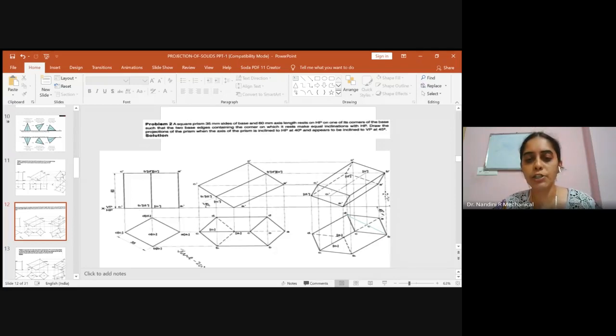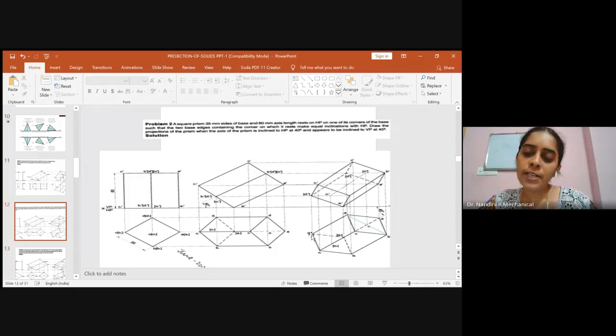Please draw the extension. When it has been resting on one of its corners, both will be diagonally opposite. So the projections of C1 dash and A dash will be along the same line. If you have constructed properly, both will come along the same line. Similarly, B dash, D dash and O dash will come along the same line, and C dash will come along the same line. After this, you have to start reading the locus.